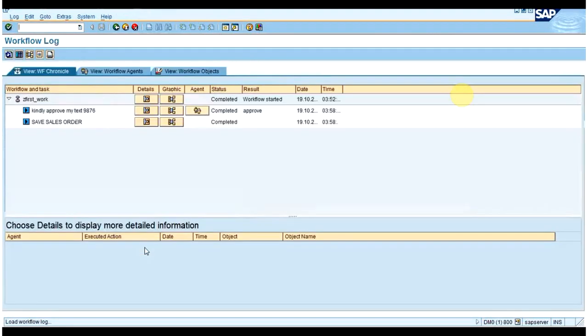Once you execute this log, you can see here in the first column we have ID, in the second column work item type, in the third language, and fourth work item text. So what is this first work item ID? This ID is a runtime ID generated for the respective task.